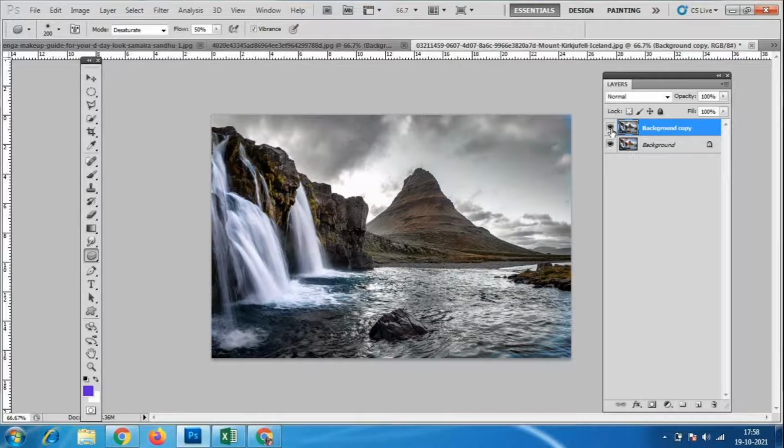Wherever it is necessary, at that time again you can use the eraser tool. I want to make only the hills colorful. So I will go to the eraser tool and increase the size of this. See, only this portion I want to make colorful. So I'll make it colorful with this. Like this, you have to make the designs.